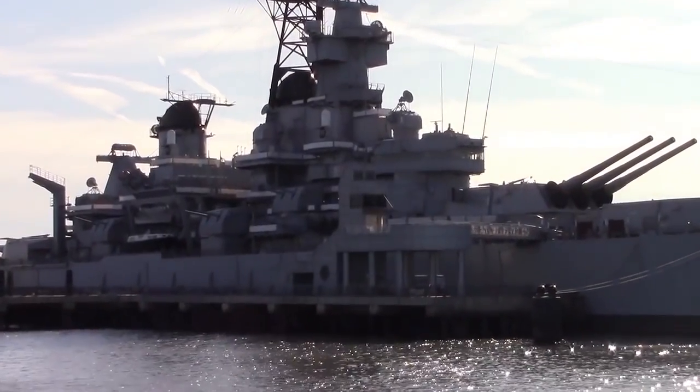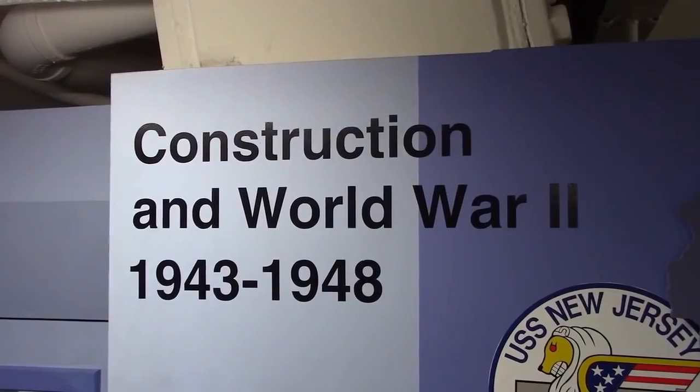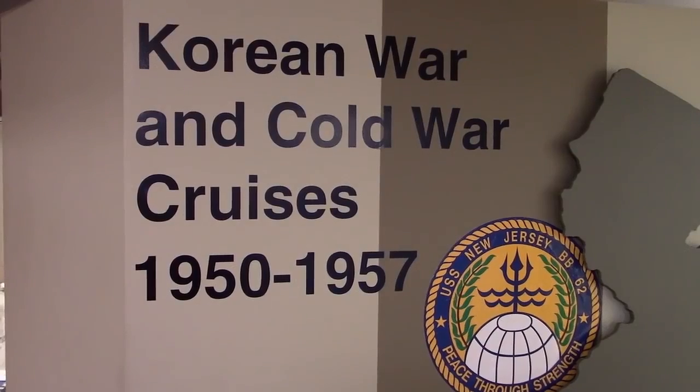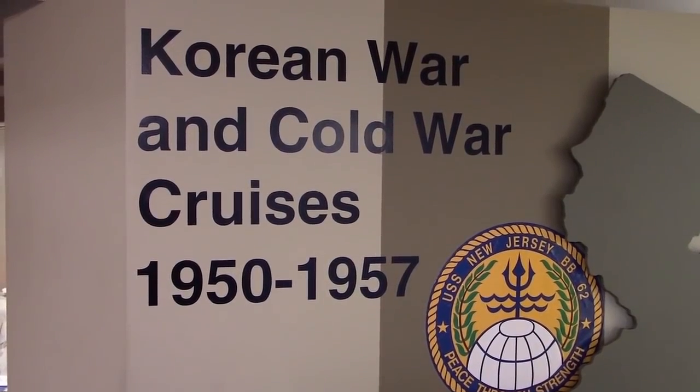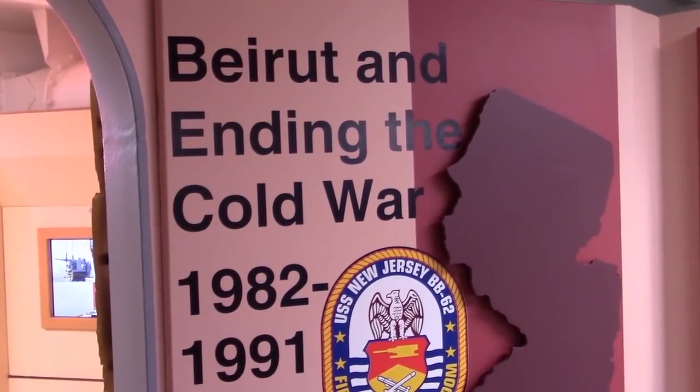New Jersey served with distinction in 4 commissioning periods and several wars: World War II in the 1940s, the Korean War in the 1950s, the Vietnam War in the late 1960s, and the Cold War and Lebanese Civil War in the 1980s. She would undergo many upgrades and refits as weaponry, living accommodations, and technology would change over her decades